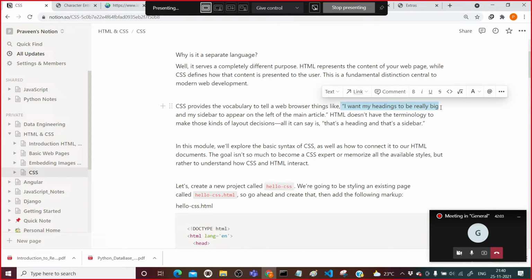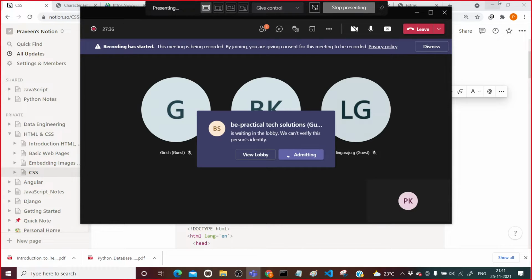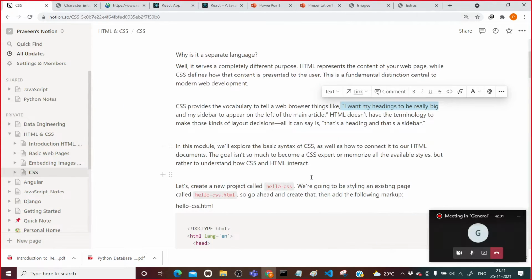Now, first thing: I have an HTML page. If I am going to write CSS, how are we going to make communication between both of them? This is the thing we are concerned about. As of now, our main aim is not to be a CSS expert. We are here to be full stack developers, not CSS experts.